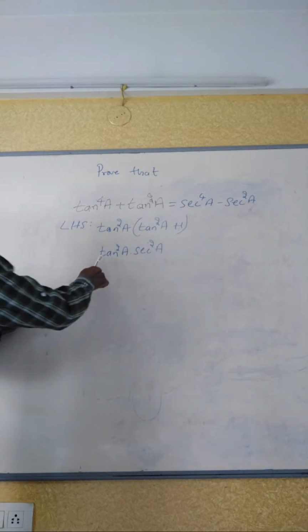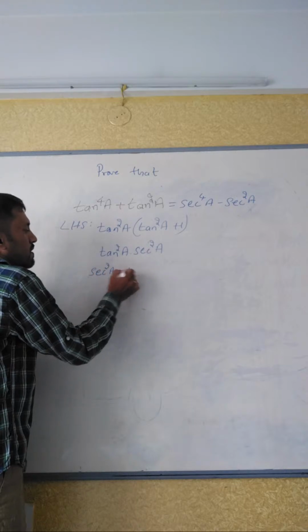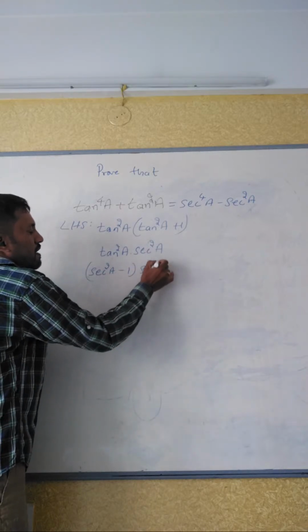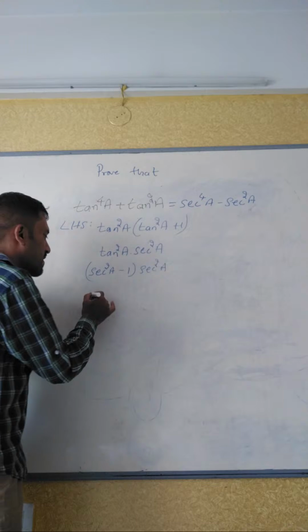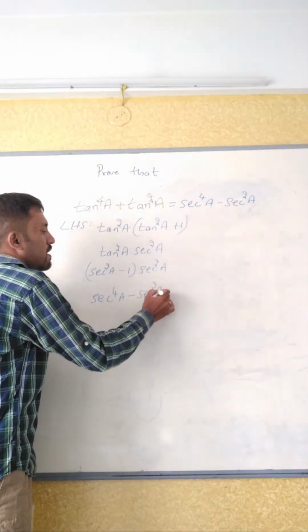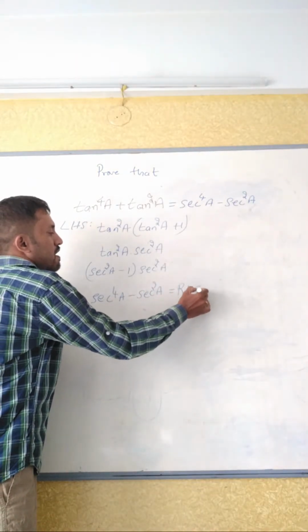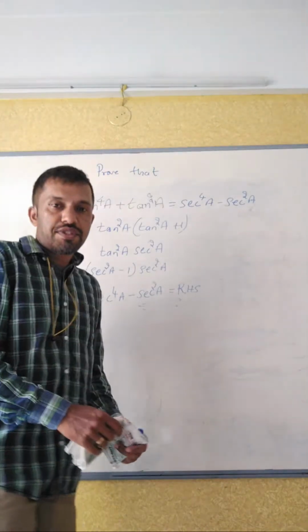Now, the tan square a is secant square a minus 1. So I can use the identity secant square a minus 1 multiplied with secant square a. Now I open the bracket by multiplication. It is secant to the power 4a minus secant square a. I got the required RHS. I hope you all noted this. Let's move on to the next question, which is